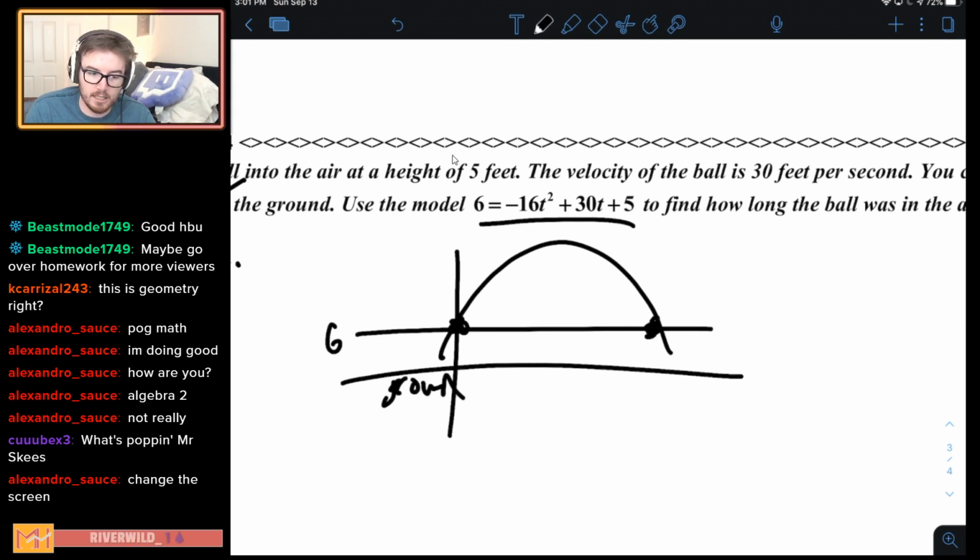It's leaving our hands from up high and landing in our hands from up high. That's why this isn't set to 0. I'm just trying to help you understand that equation and where it's coming from. We've got this arc of a ball, but that arc, it's never actually touching the ground. Okay, so let's take a look at what this arc